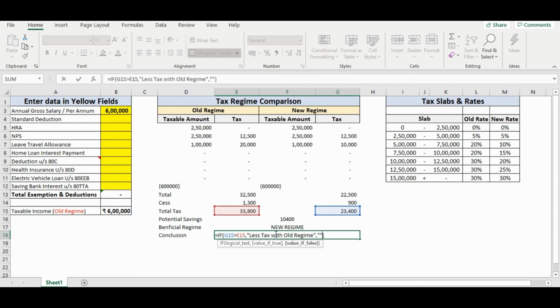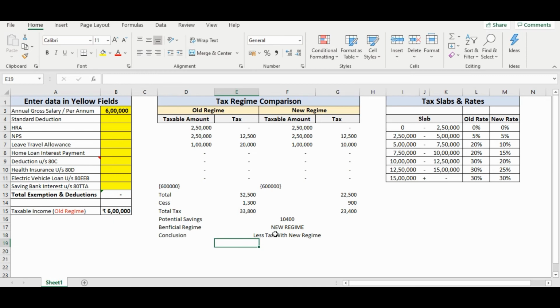Otherwise, display the message less tax with new regime. Let us check what we get by hitting our enter button. So clearly we can see that our new regime is less, so we would be paying less tax.